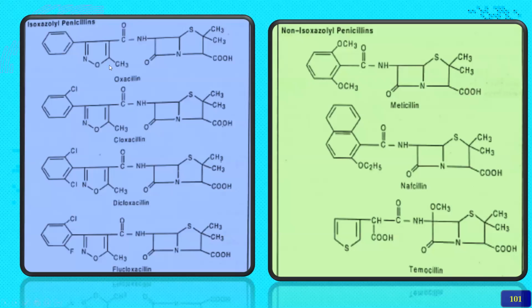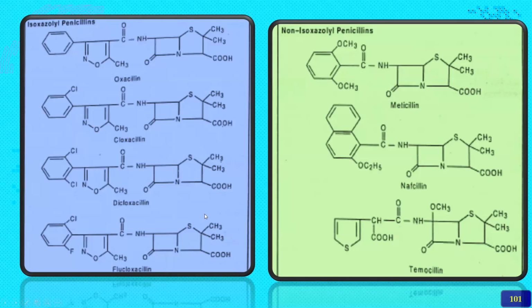This is oxacillin, then cloxacillin. In the structure you can see that in the isoxazolyl penicillins, a benzene ring is present here with a chloride moiety. Then also dicloxacillin, whose structure is very similar to that of cloxacillin. And flucloxacillin is also belonging to the isoxazolyl